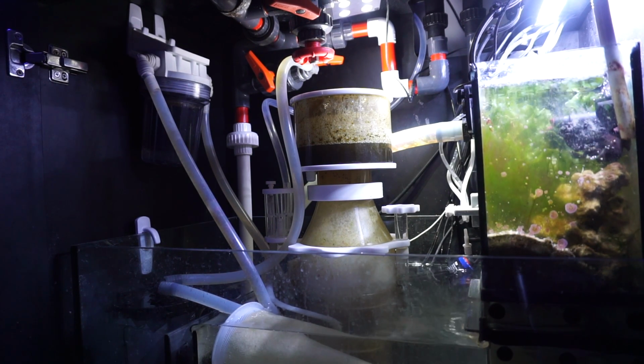The skimmer I'm using is a Skimz SM 163 DC skimmer. Now, I came from a Vertex Omega 150 skimmer, so if you're comparing the build quality of Vertex to the Skimz skimmer, there is just no comparison. The Vertex is a lot better, but the Vertex uses an AC pump, and the tank is in my living